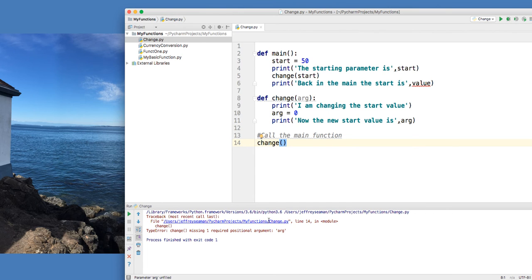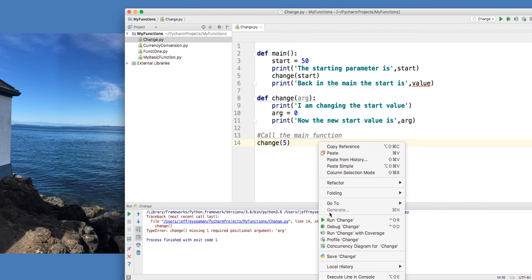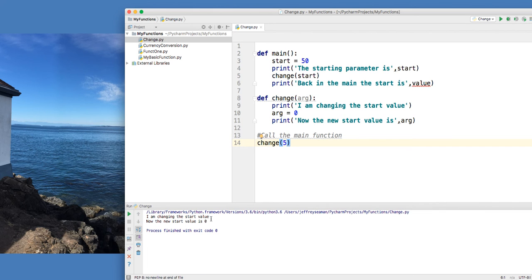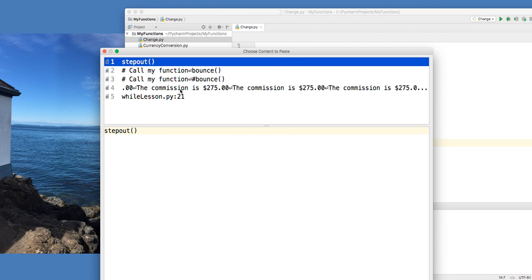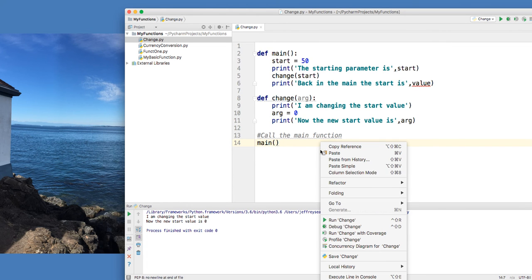See, it doesn't know what to do with it because we didn't pass a value with it. We're calling this, and let's say we put 5 in here. Will it work? Yeah, it'll work, but it doesn't work right. We said I'm changing the start value. Now the new value is 0. So something's wrong here. So let's actually call main and see what happens. So if we call main,